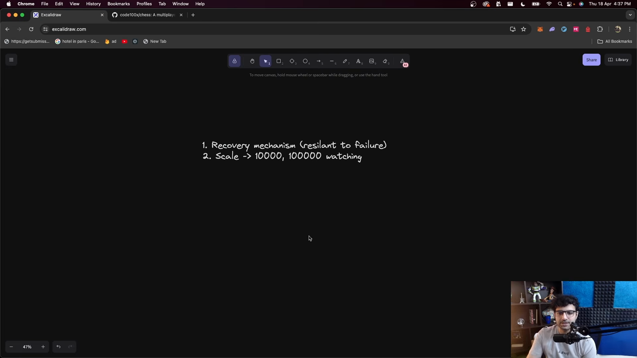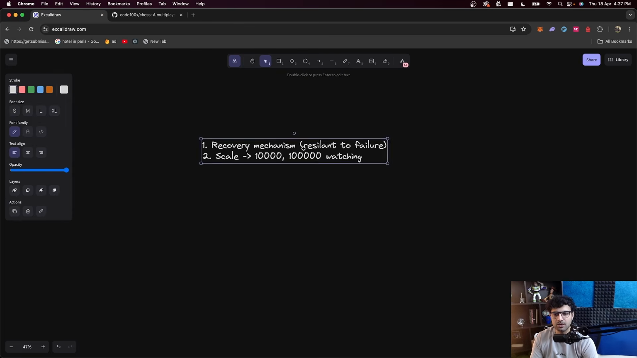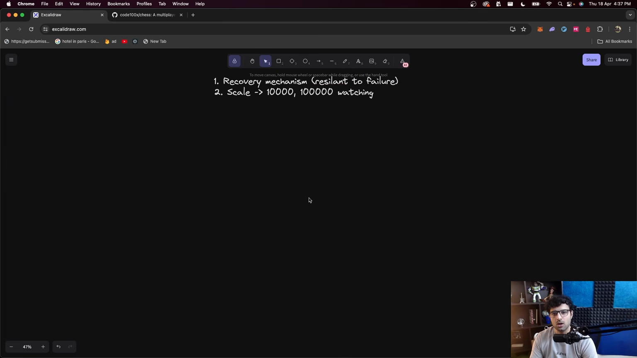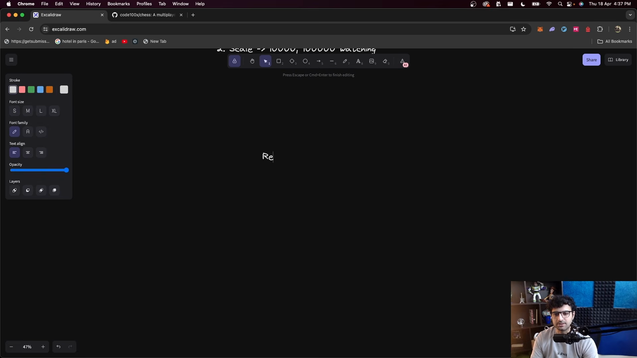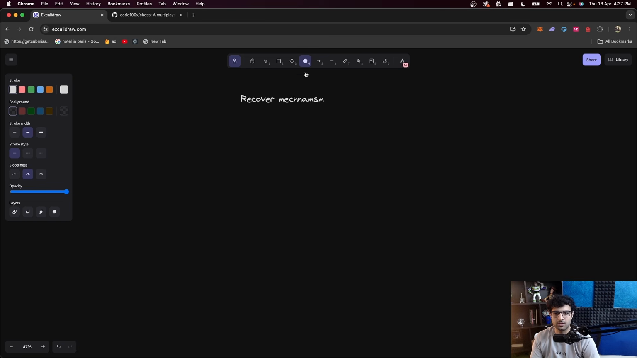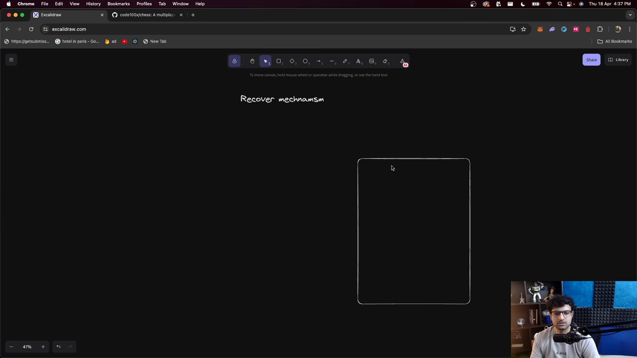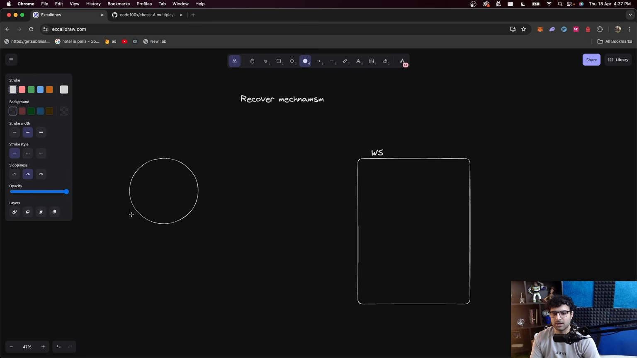With that, let's understand a slightly better system design that includes a recovery mechanism. Before that, what exactly is a recovery mechanism? The problem with our current approach is that if the server goes down, if our WebSocket server goes down, and let's say there were two people connected to it, browser 1 and browser 2, who were currently in a game,